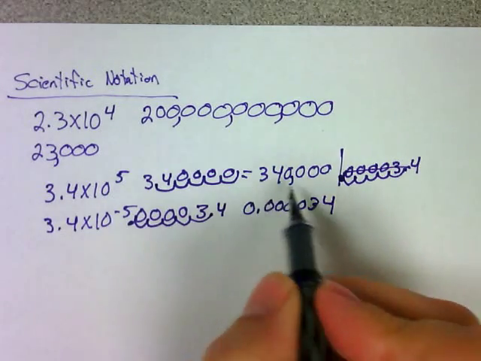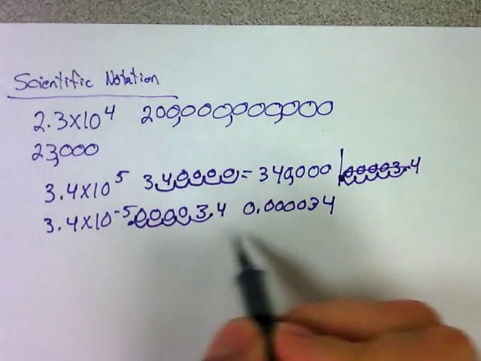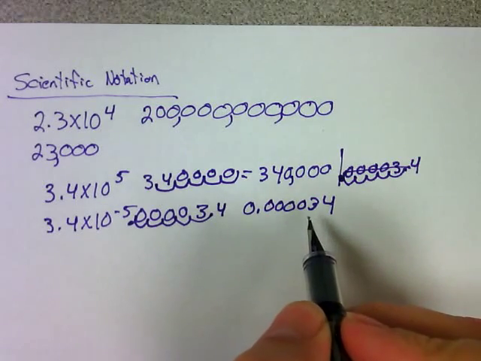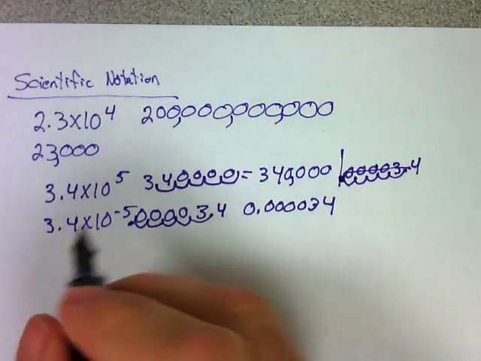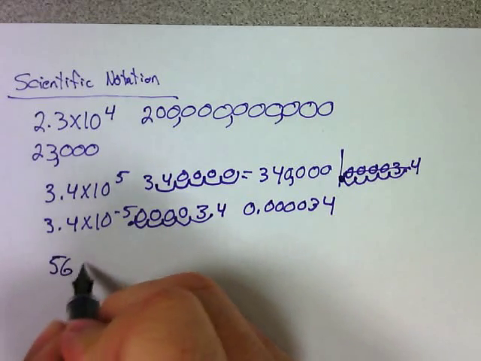Positive exponent, numbers bigger than 1. Negative exponent, numbers smaller than 1. Now to put something back into scientific notation,